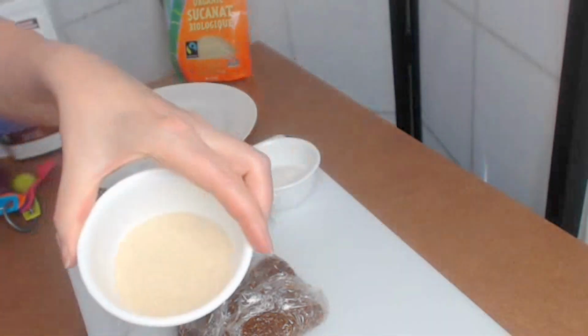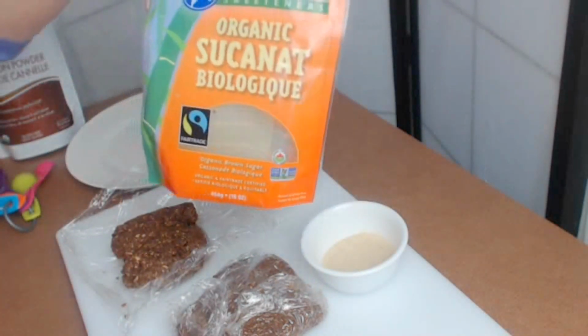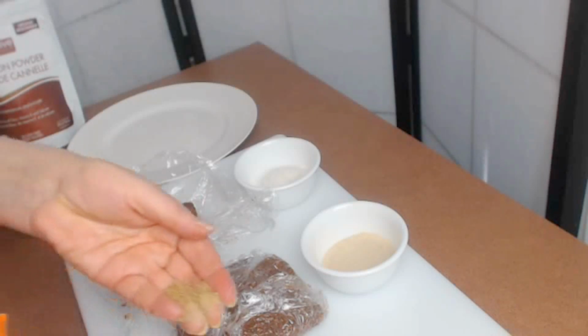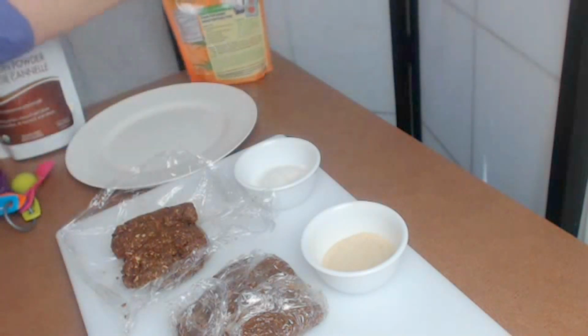Here I have some sucanat. If you're not familiar with sucanat, this is sucanat. And when you see the real sucanat, you can see that they're little balls like this. You could roll them in that if you like, but they're kind of crunchy, which you may like. That's fine. But if you like something that's a little smoother and a little softer,